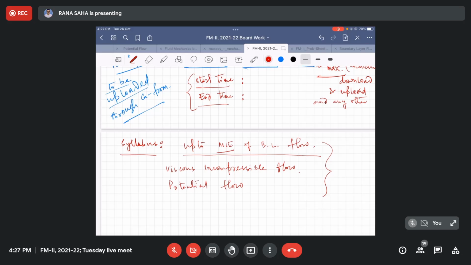মোমেন্টাম ইন্টিগ্রাল ইকুয়েশন তাহলে এটা অ্যান্ড ইটস অ্যাপ্লিকেশন। হ্যাঁ, পুরোটাই তার মানে বাউন্ডারি লেয়ার থিওরেম পুরোটা না, অ্যান্ড ইটস অ্যাপ্লিকেশন ফর লামিনার ফ্লো আমি লিখছি। আচ্ছা, ওই টার্বুলেন্ট পাইপ ফ্লোর অ্যানালজি ইত্যাদিটা বাদ দিয়ে দিন। ওকে, ঠিক আছে, আই থিঙ্ক দ্যাট উড বি কমফোর্টেবল ফর ইউ। ঠিক আছে, তাহলে ভিসকাস ইনকমপ্রেসিবল ফ্লো পুরো থাকছে, থিওরি প্রবলেম, পোটেনশিয়াল ফ্লো পুরোটা থাকছে,